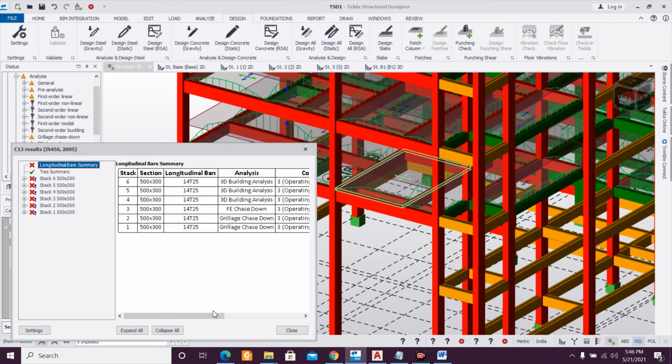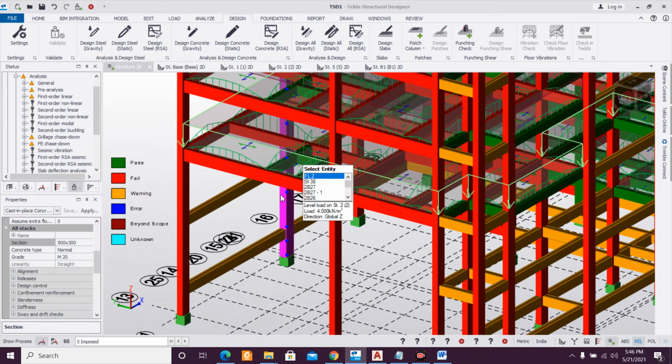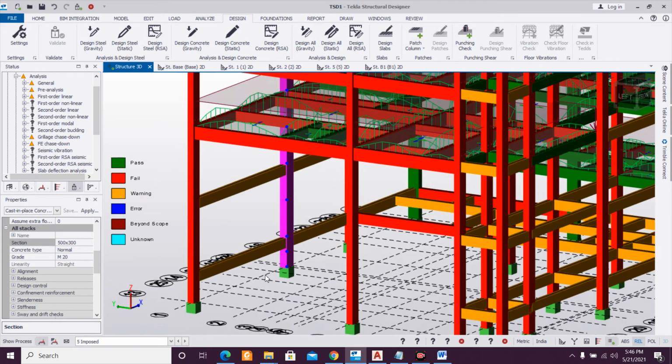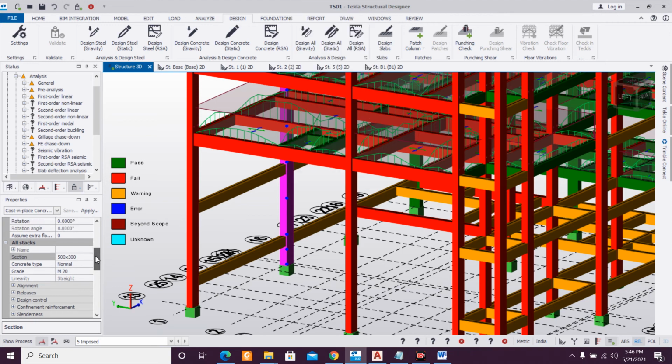Now let me see. Okay, still in one level it is failing, so we can increase this size.